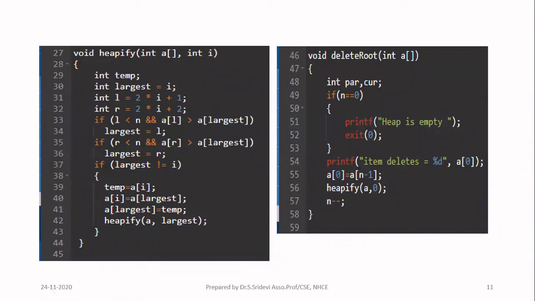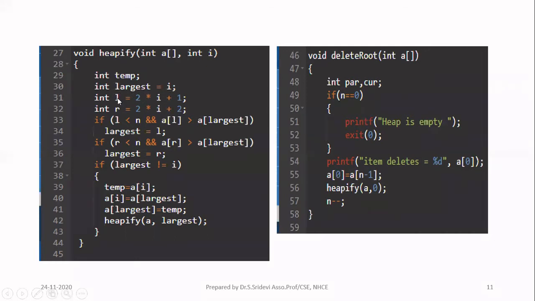Try to understand one thing: i is the index only. For example, when we start, i will be 0. And you have to compare the element at index 0 with the elements at index 1 and 2. Those are the children. So first I am assuming that the root itself is the maximum element, so I'm storing the index i in a variable called largest. Largest is going to tell you in which index you have the maximum element out of the 3 elements. You're going to compare 3 elements in total. Out of the 3, whatever is the index of the largest element will be stored in the variable called largest. Initially, I'm assuming that the root itself is the largest.